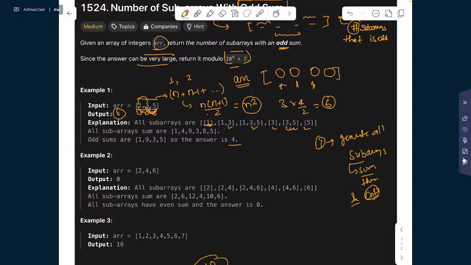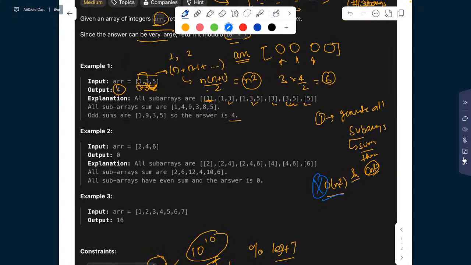This is somewhat order n square, which will not pass. Use some other color, which will not pass. Right. This is a thought one, so I'll say T1. The thought two is something like this. The thought two says that